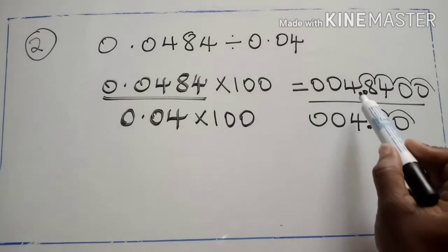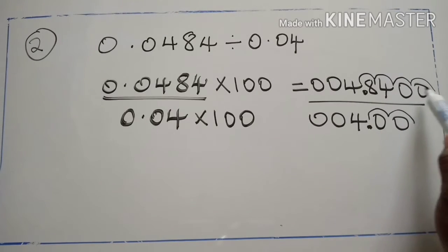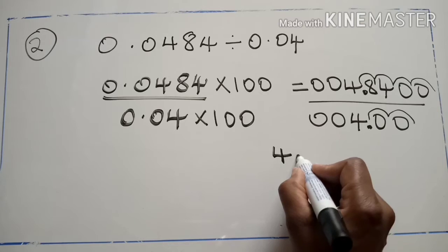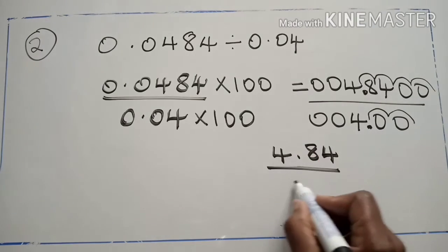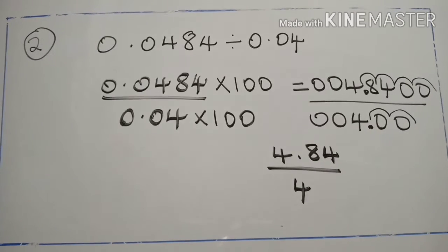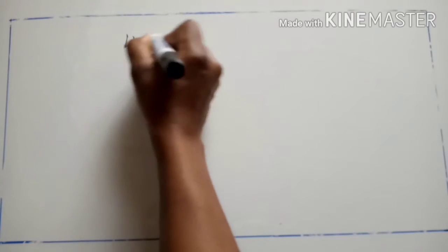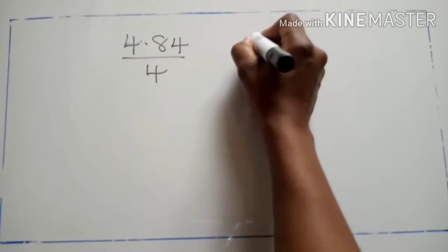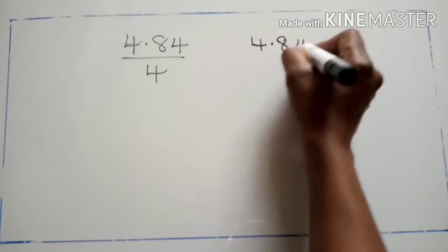So that means we have 4.84. The zeros after the decimal at the end do not matter. So we have 4.84 all over 4. 4.00 is the same as 4. So our denominator is a whole number. So how do we divide 4.84 all over 4? We say 4.84